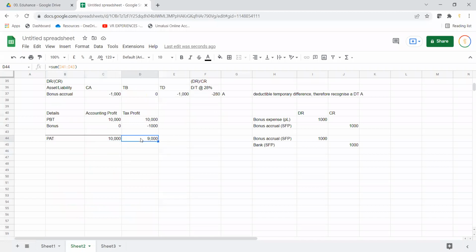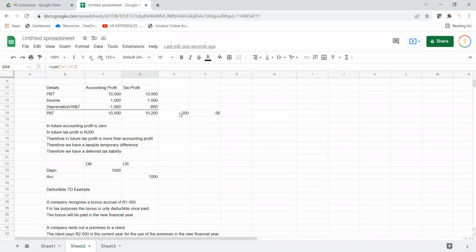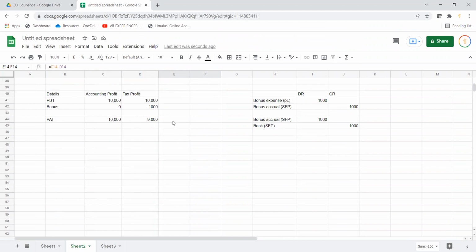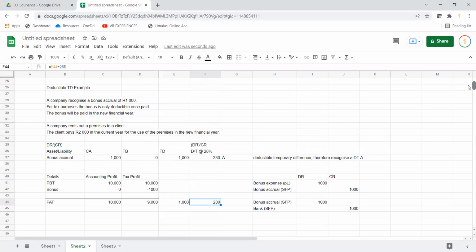In future periods, tax profit is 9,000 Rand. So therefore, in future periods, there will be a 1,000 Rand temporary difference with a 280 Rand deferred tax implication. So by using the same thinking,